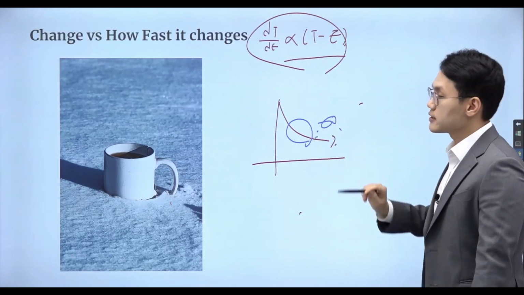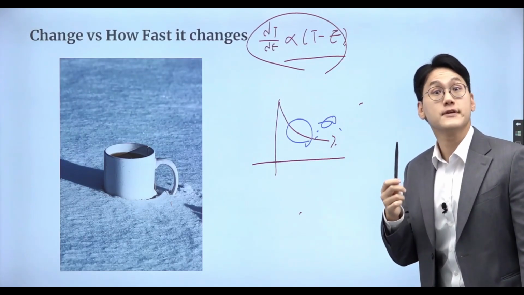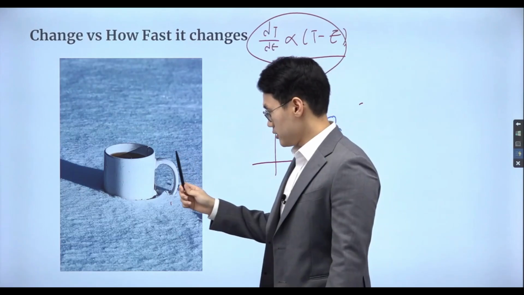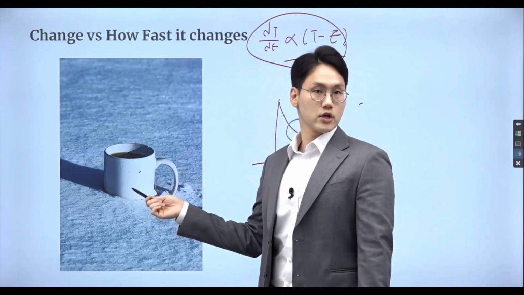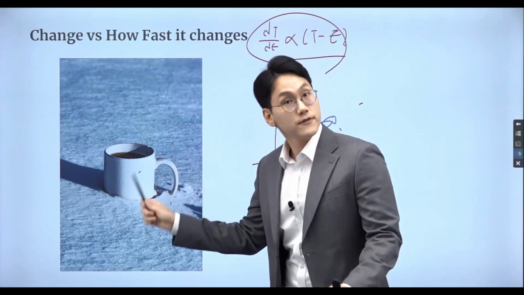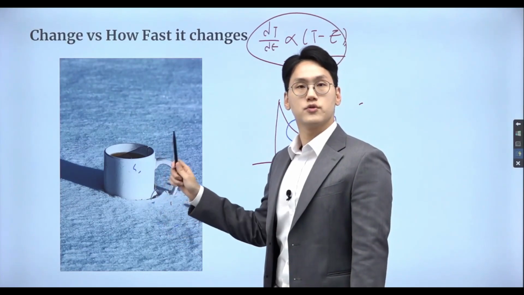So if you look at the temperature change, not just the temperature change, but you like to talk about how fast it changes, isn't it? So now, imagine you left the hot coffee in a very ice-cold environment. Then it's going to change very fast. If the difference of the object and the environment is very large, the rate is going to be